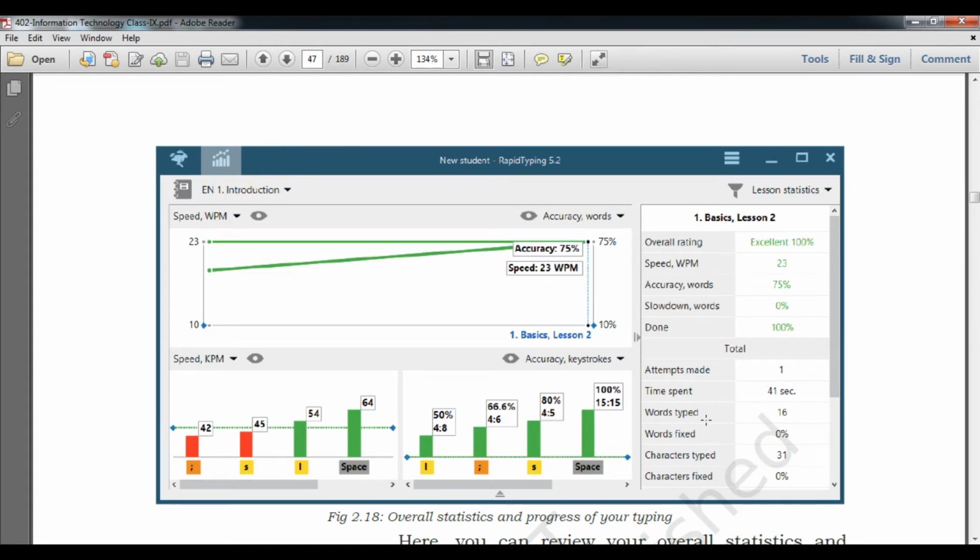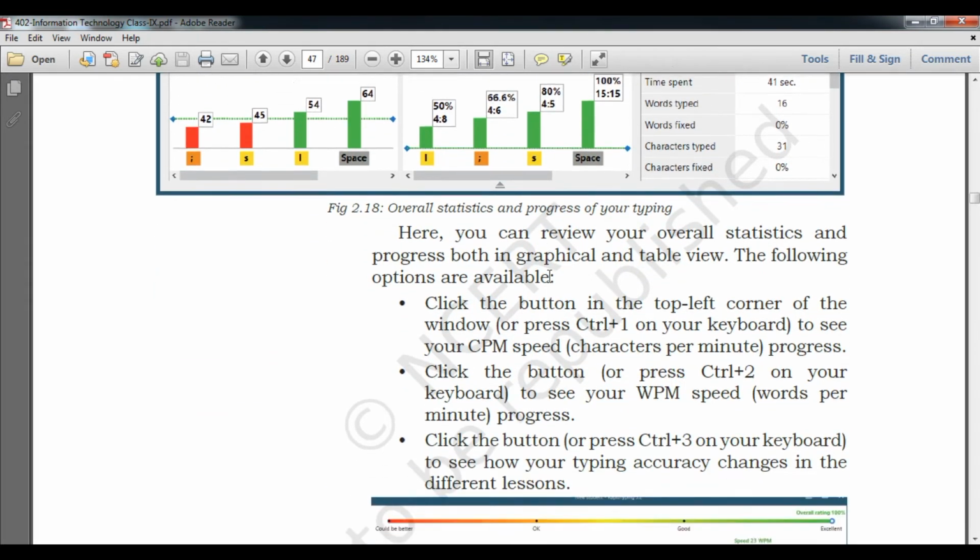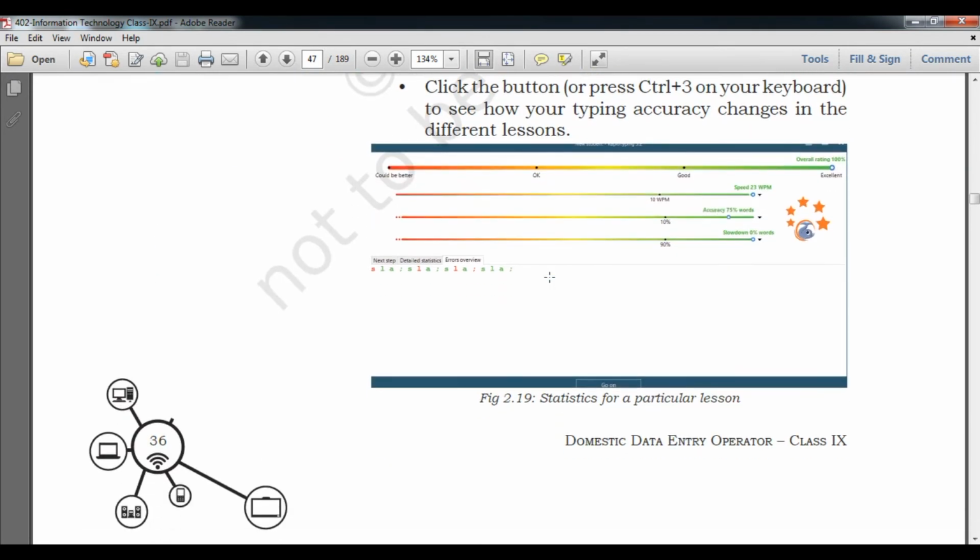This is the error window, you can see, and a performance window, okay. You can look at your performance in this particular line bar chart also, okay student. Now we will consider the statistics also for the particular lesson. The same thing will appear here, whatever I explained above, okay.